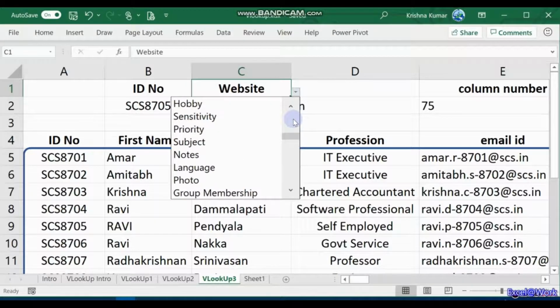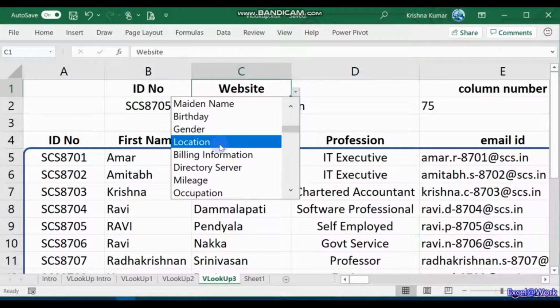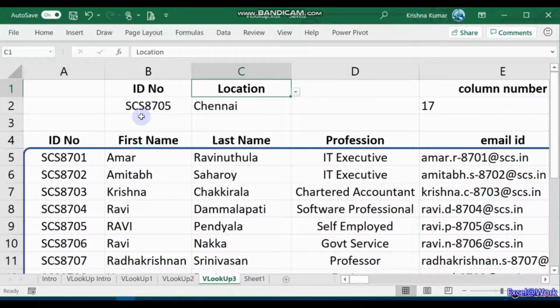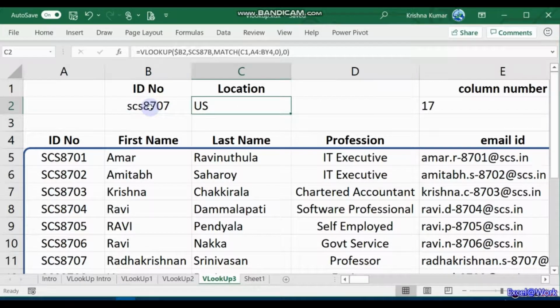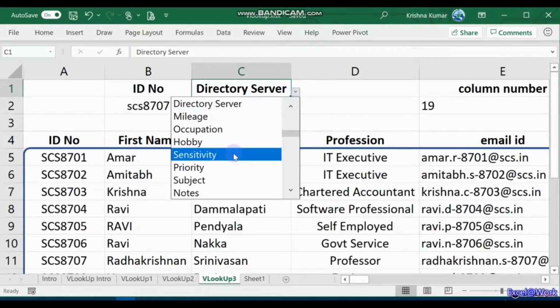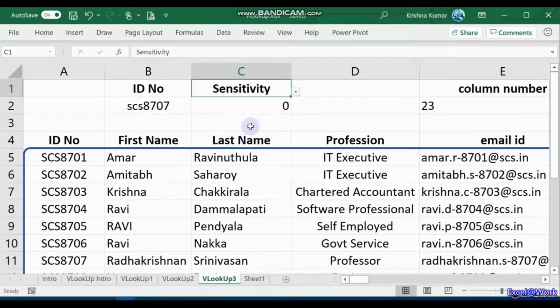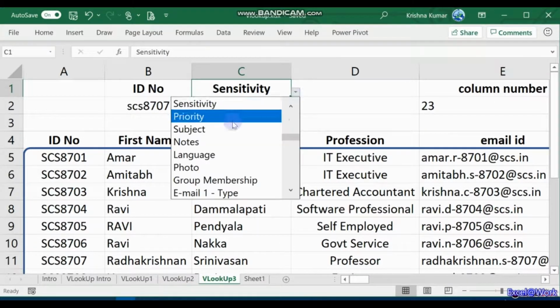If I select location first, this comes to Chennai. If you select a field where data is not available, it just gives a 0. That is because it gives 0 where there is no data.